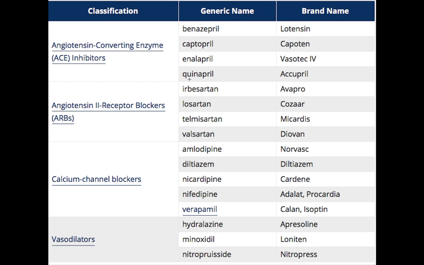So with the ACE inhibitors and ARBs, ACE inhibitors are a class of drugs that will help the patient lower his or her blood pressure but will not affect the heart rate. This means that a patient who comes to you with bradycardia, for example, beats less than 60 or 55, you can prescribe this drug without any problem, even the ARBs, because this will help lower the blood pressure.